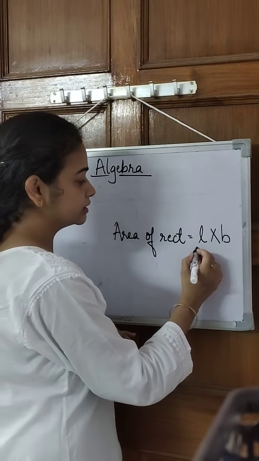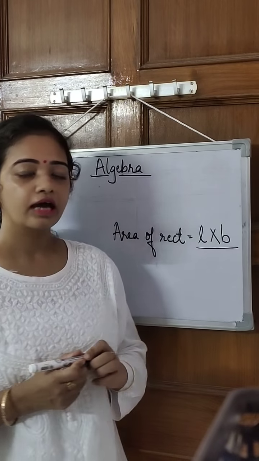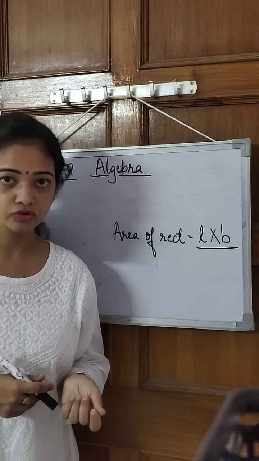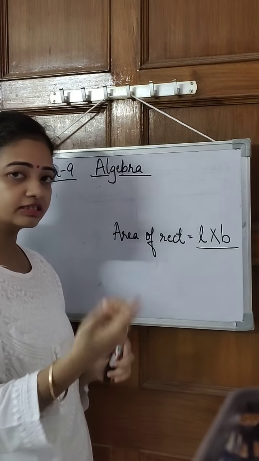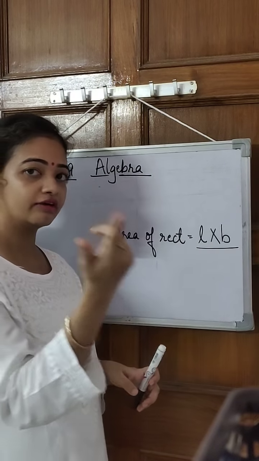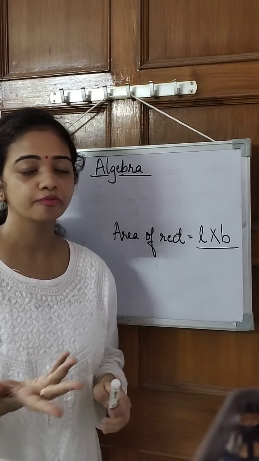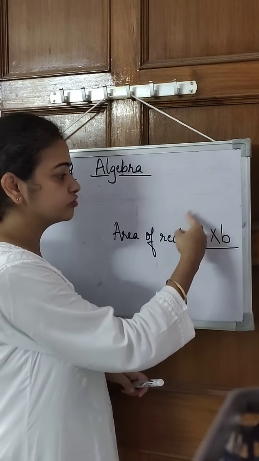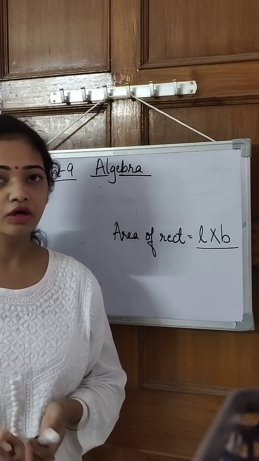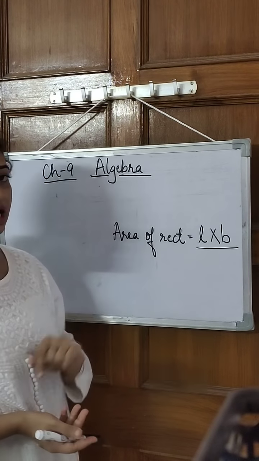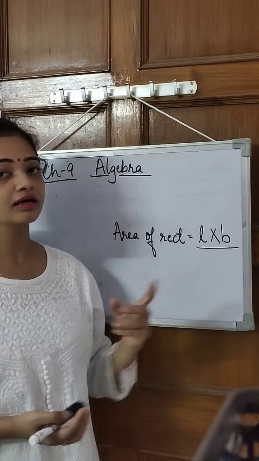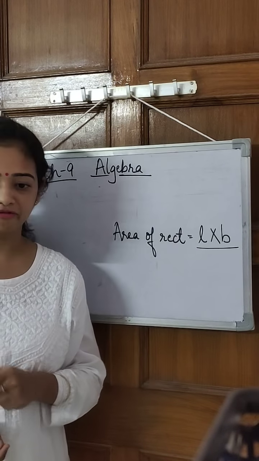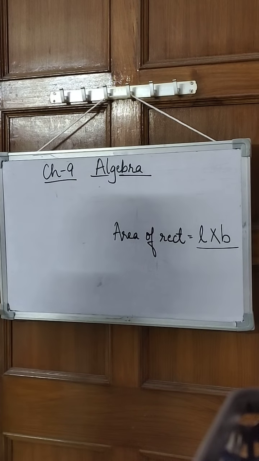So these two are actually the general representation of any length and any breadth, isn't it? Now whatever is the length, we put the value of length, whatever is the breadth, we put the value of breadth. So wherever we use this general representation, we are using algebra over there. L and B are alphabets, so we are using alphabets. Now let's take a few more examples.